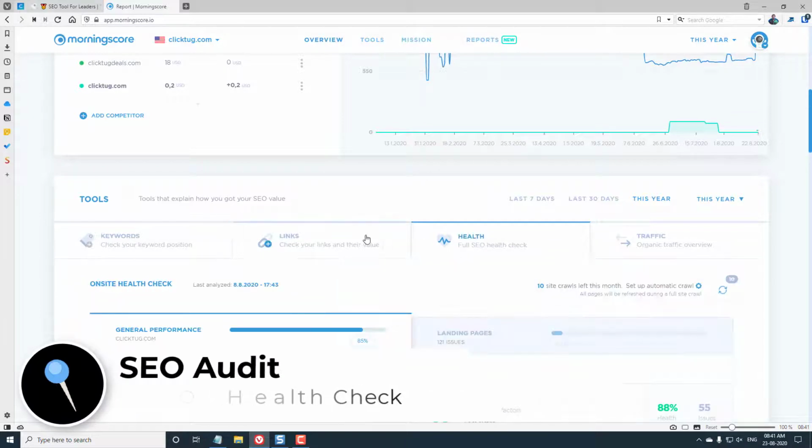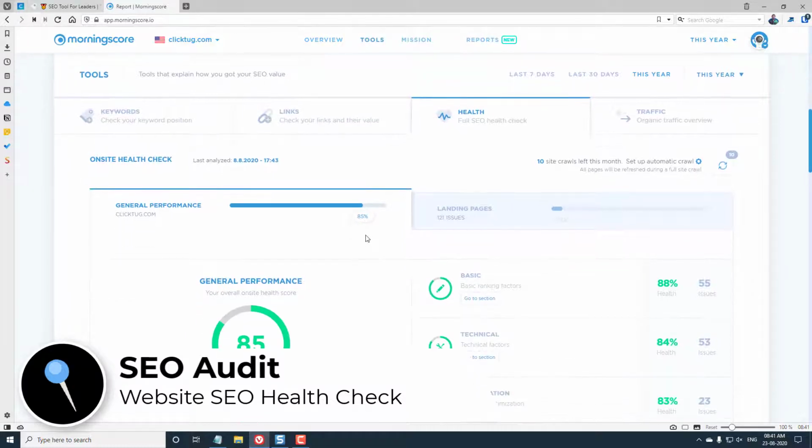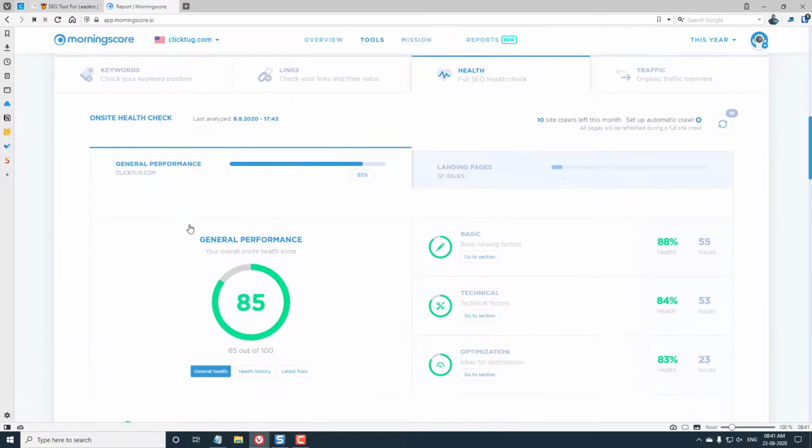If I go into the next section, this is purely for the on-page SEO aspect of your SEO campaign. Basically, it will help you do a full health checkup, or what we call an SEO audit, for your website, where it will check all the general performance. For example, now I have not done anything, but I still got an 85 since I have optimized my website for SEO. Otherwise, I wouldn't be good at doing a video for the demonstration of SEO software. It shows 85 out of 100. It will show the health status for each of the different